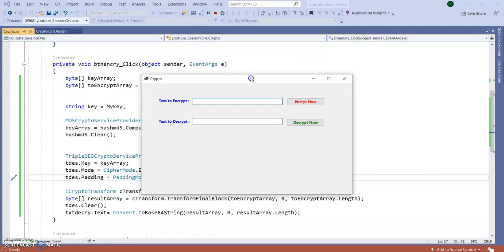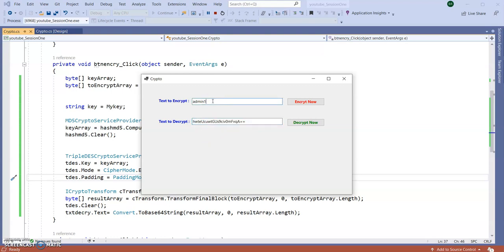So our form has been run. Let's give some details, let's say admin123 as a login ID, or any plain text I'm giving here. After clicking encrypt, you can see a completely unknown code is generated.